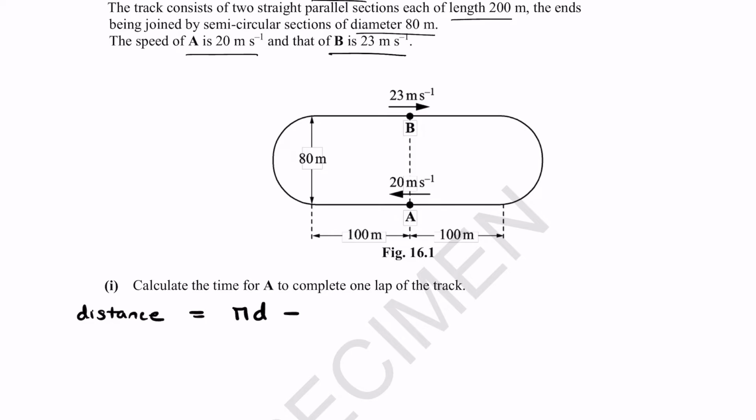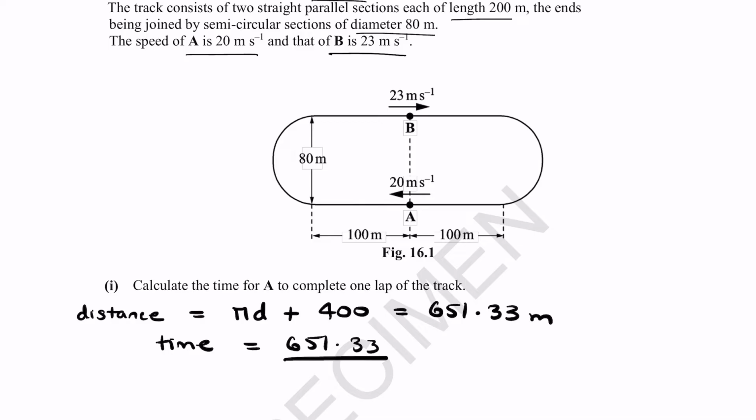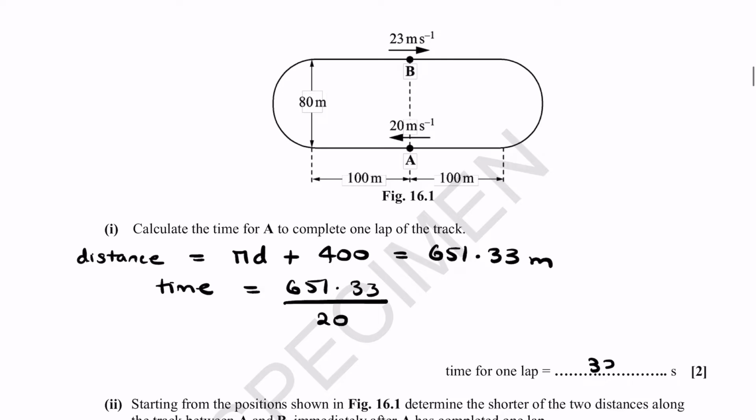So pi d plus 400 will give me 651.33 meters of distance, and therefore time taken is 651.33 over the speed of A, which is 20 meters per second,